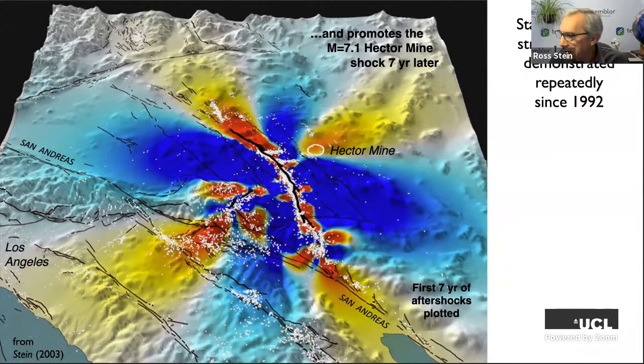But a skeptical audience member would still say, but wait a minute, I do see some earthquakes in the shadows, in the stress shadows. Doesn't that falsify your whole point of view? And we would say, no, the Coulomb hypothesis is not that there are no earthquakes in the stress shadows, but that in the stress shadows, the rate of earthquakes drops from what it was before. So that's a subtle but important difference.